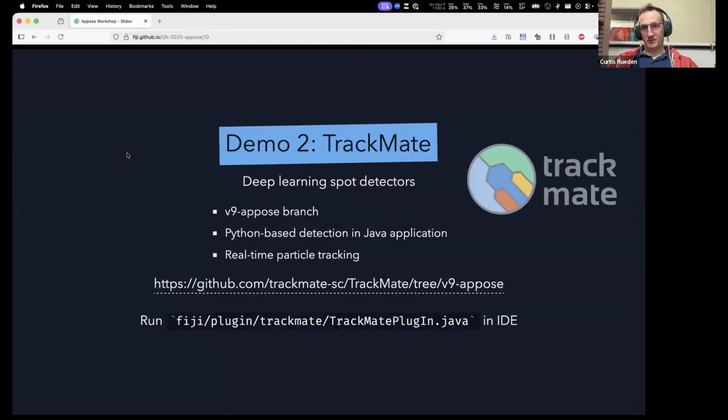For my second demo, I just want to show you what we're currently cooking in TrackMate. So TrackMate version 8 either just came out or is coming out imminently, like this week it's being released. TrackMate version 8 is a big upgrade to TrackMate, but it's not version 9, which is going to have support